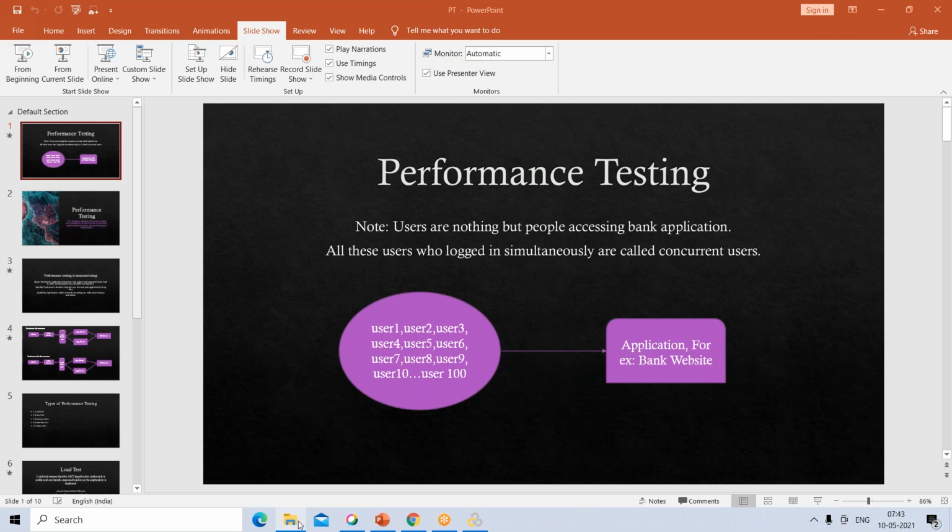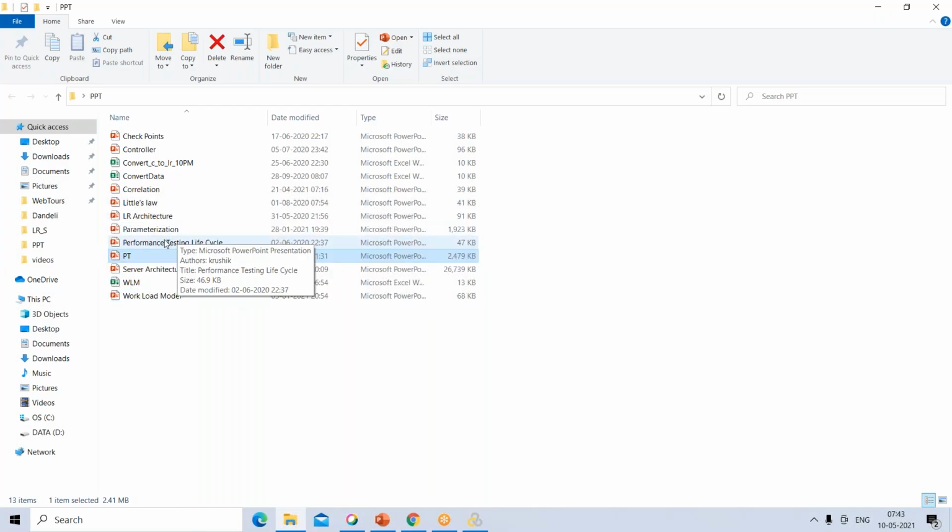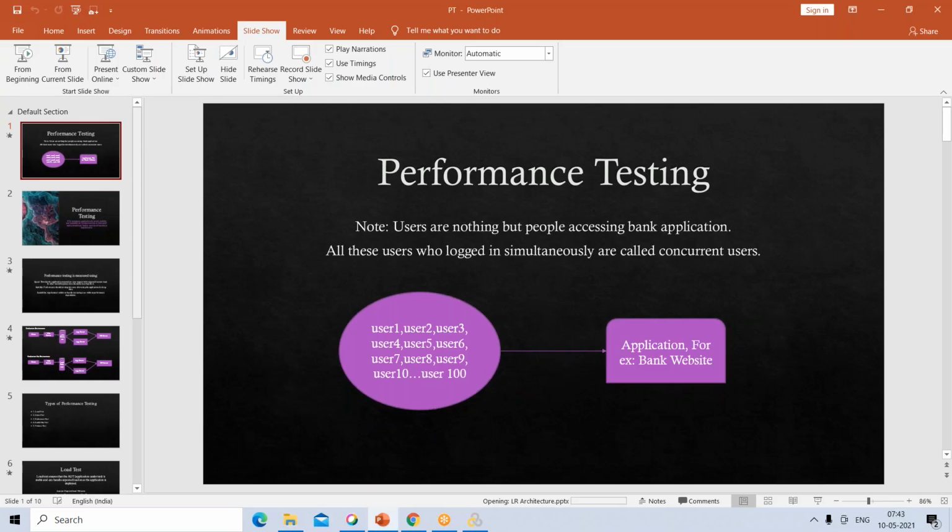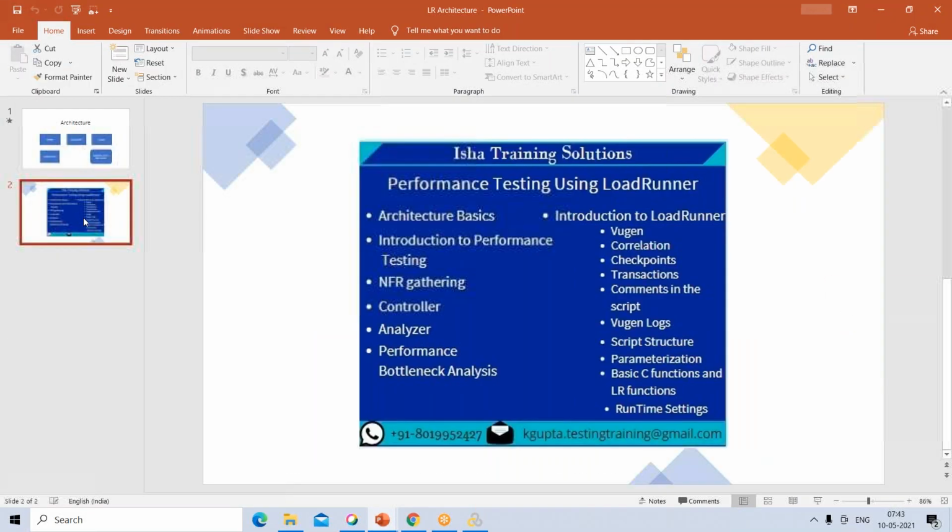In the previous session, we discussed the course content as well. For those who didn't attend the previous session, this is the course content.